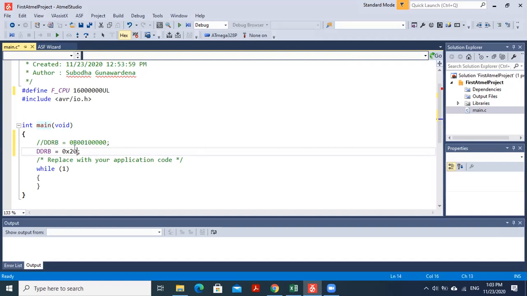there can be a problem. Can you think about it? What is the problem if I do it like this? I mean, of course, this will work. So what can be the problem now?